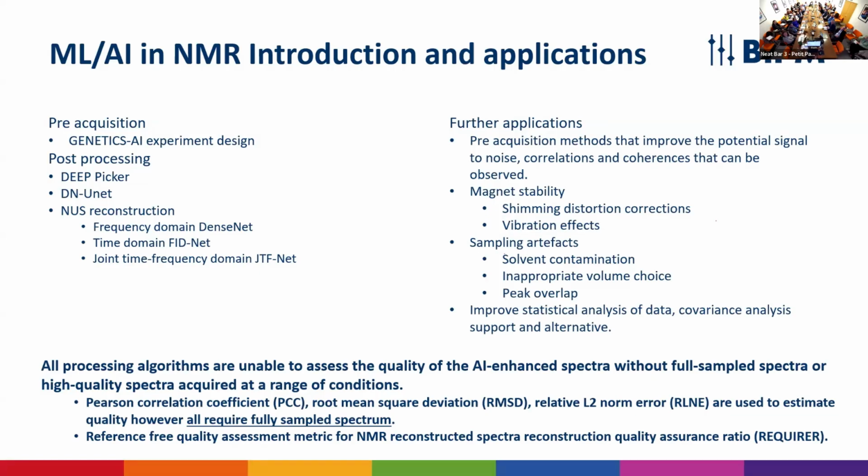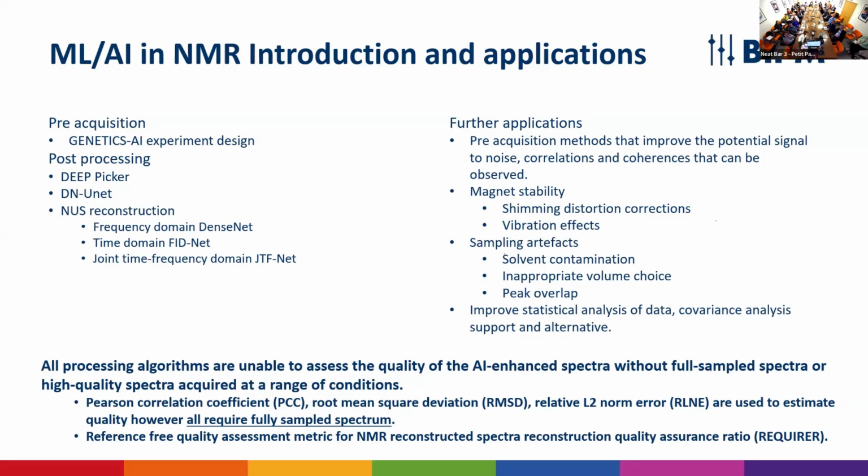Looking at the assessment, you look at different measures shown at the bottom here, but the algorithm that was set up for the JTF-Net NUS reconstruction can potentially be reworked to look at quality assessment